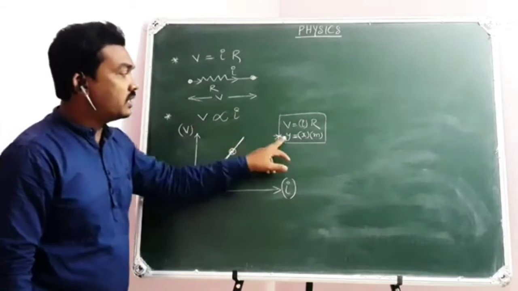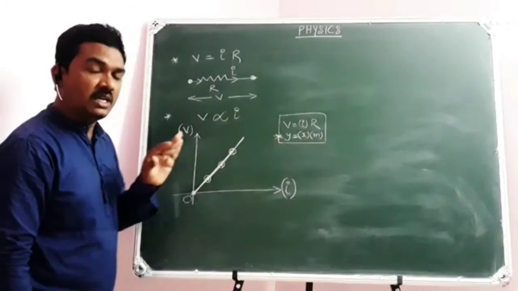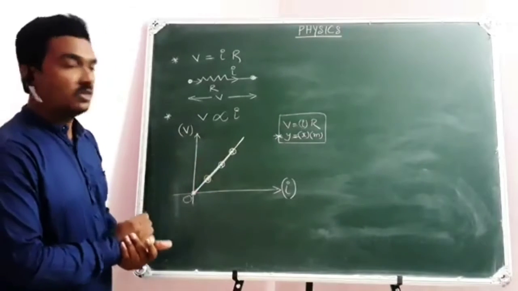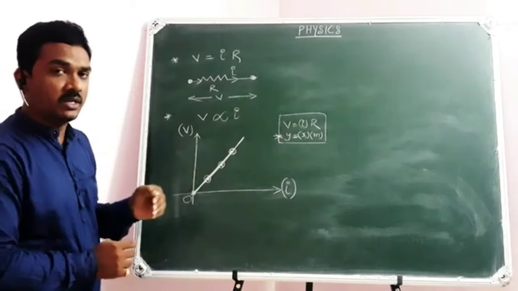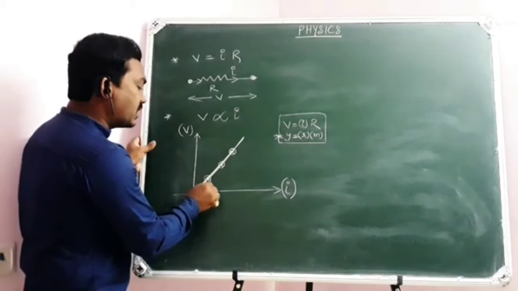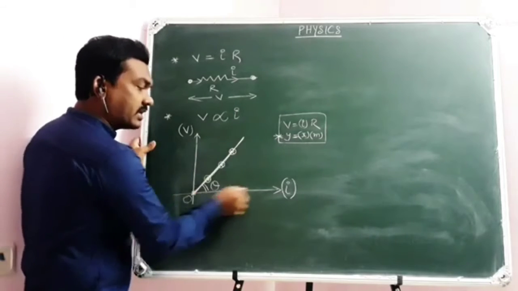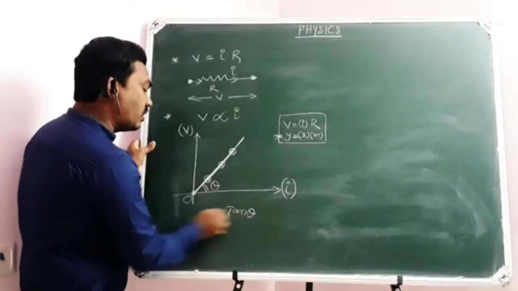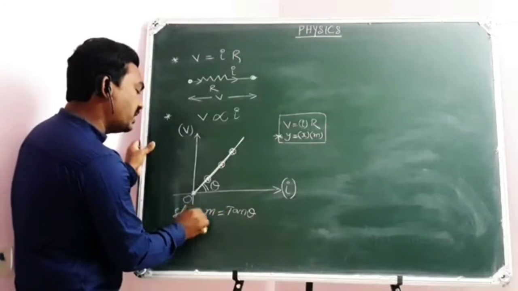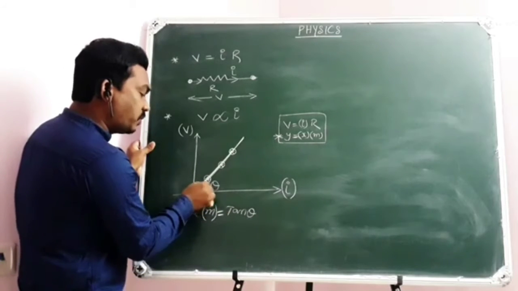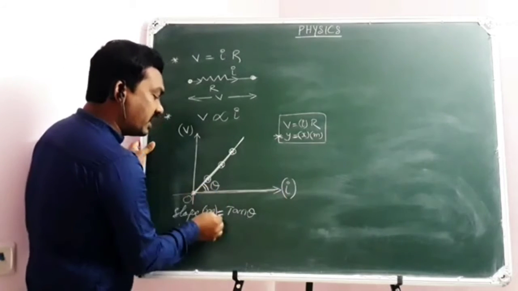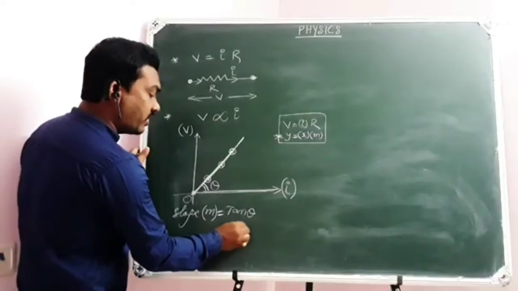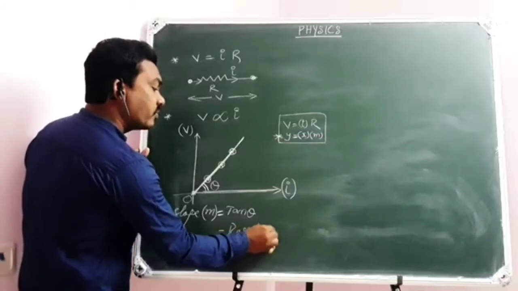So when the mathematical equation is y equal to mx, then its graphical representation will be a straight line passing through the origin, so that m represents the slope of this straight line. Slope is nothing but, if theta is the angle made by the straight line with the x-axis, then its inclination or the slope can be termed as m equal to tan theta. The slope or inclination of the line is measured with the positive x-axis, which can be mentioned as m equal to tan theta. That m represents the resistance of a conductor mathematically.